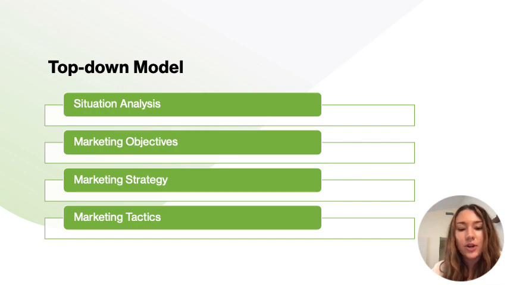Once you have the numbers and a feel for the landscape, you're going to move down to marketing strategy. The marketing strategy is going to inform how you achieve the marketing objectives. It's going to take into consideration the brand voice, how you want to communicate said products or services, and what different channels you can leverage. When we move down to marketing tactics, it's all about execution. This is all about executing the strategy and meeting those KPIs to achieve the marketing objectives.